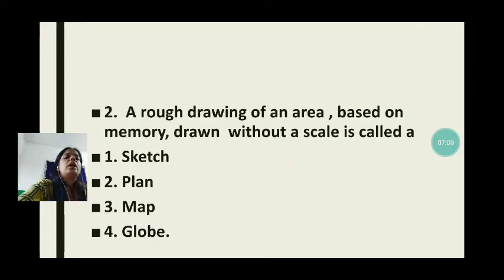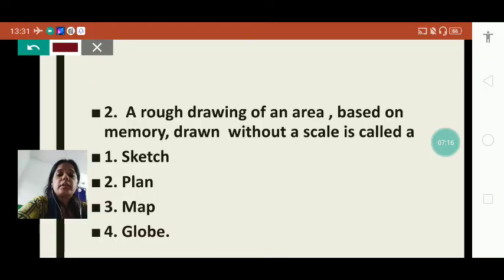Next one: a rough drawing of an area based on memory, drawn without a scale, is called a sketch. A sketch is a rough drawing of an area. In a sketch, there is no use of scale.